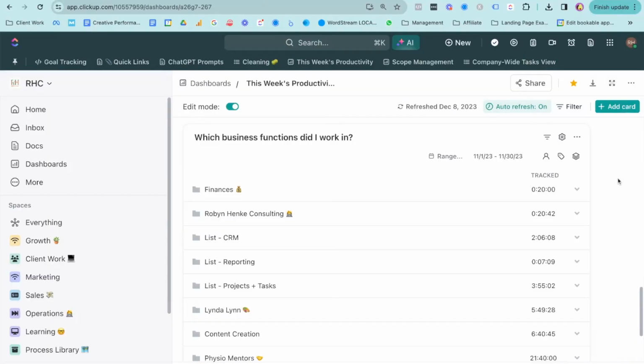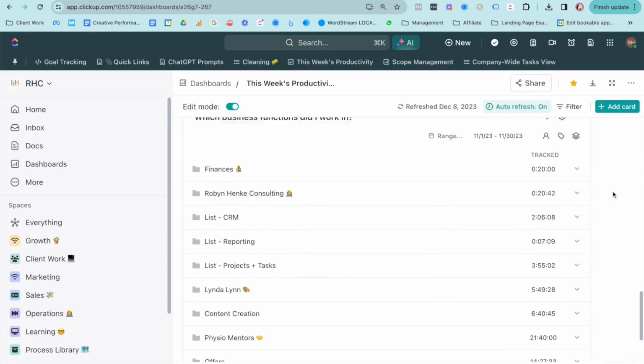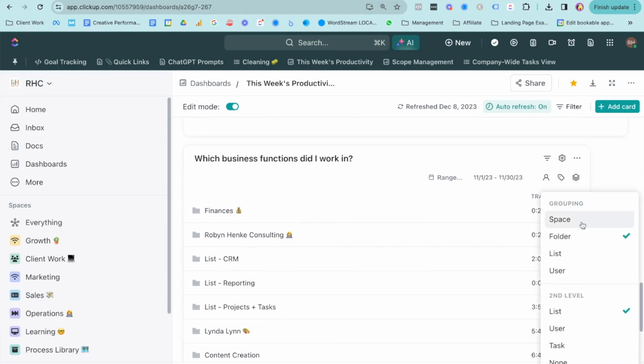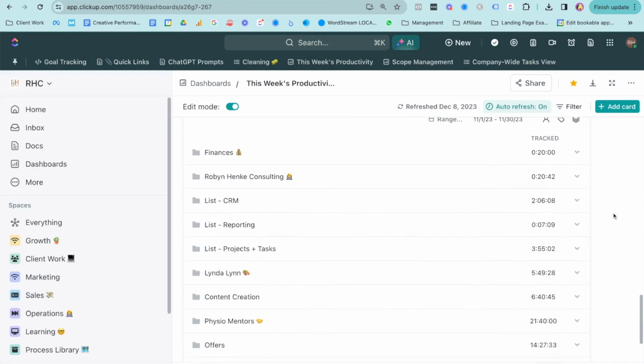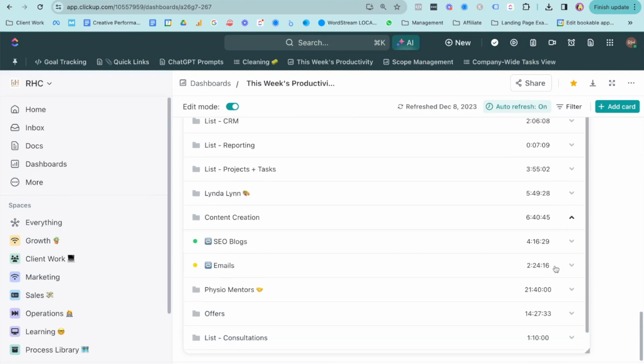The other use case for lists and different lists is when you're looking at your time tracking reports. So in your time tracking reports, you have the ability to set up 2 different filter levels. So you could have space and folder, or you could have folder and list. So having different lists, coming back to the email, blog, video example, when I track time under videos or emails, then I have in my time tracking reports this really clear understanding of how much time